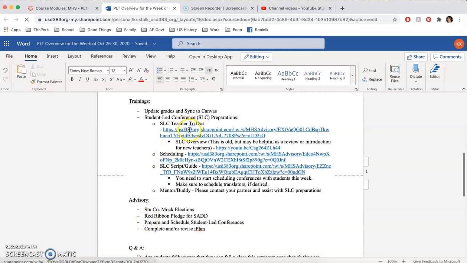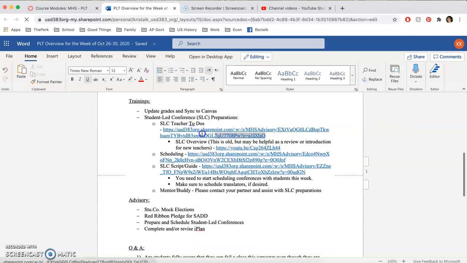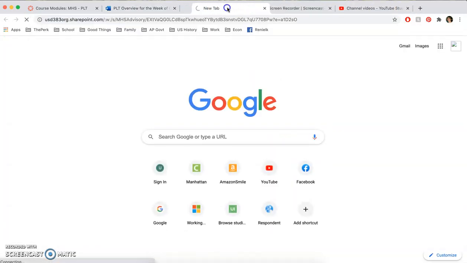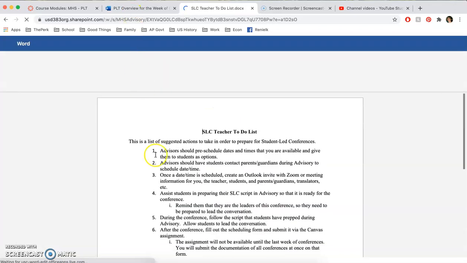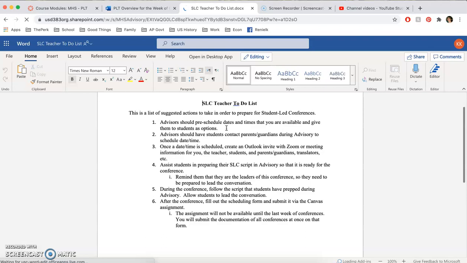So first we have a teacher's to-do list. And if we go ahead and open this up, you'll see that it takes you through action steps of what to do. So the first thing we suggest is that you pre-schedule dates and times that you are available.